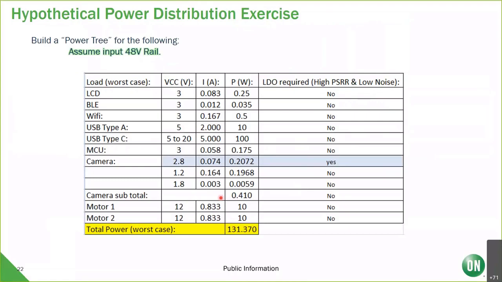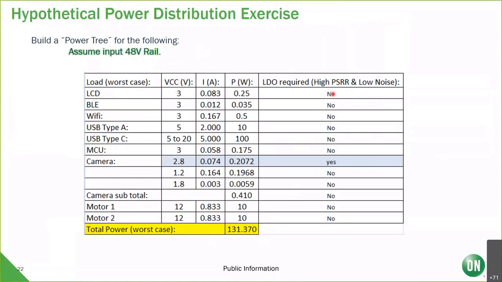So I'm going to do a quick hypothetical power distribution exercise. I'm going to assume 48-volt input rail. We're going to build a power tree. I've got 9 loads. These 9 loads have a range of VCCs from 1.2 volts to 12. They draw a certain amount of current. I've tallied up the worst case power out of each data sheet, and I summed it, and it's 131.4 watts,